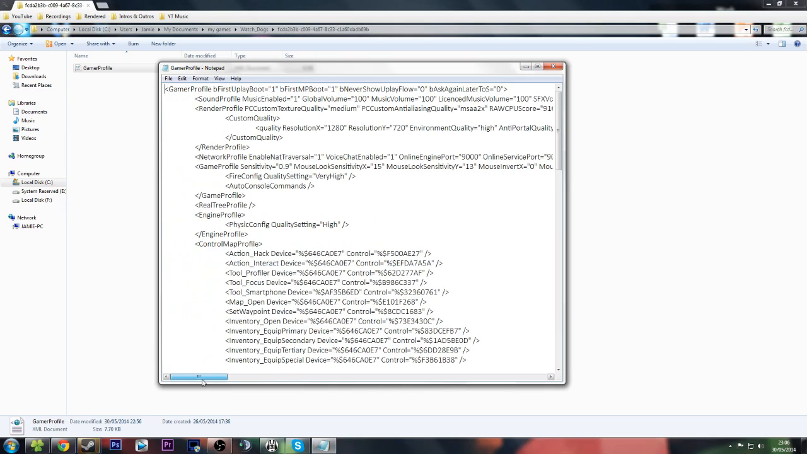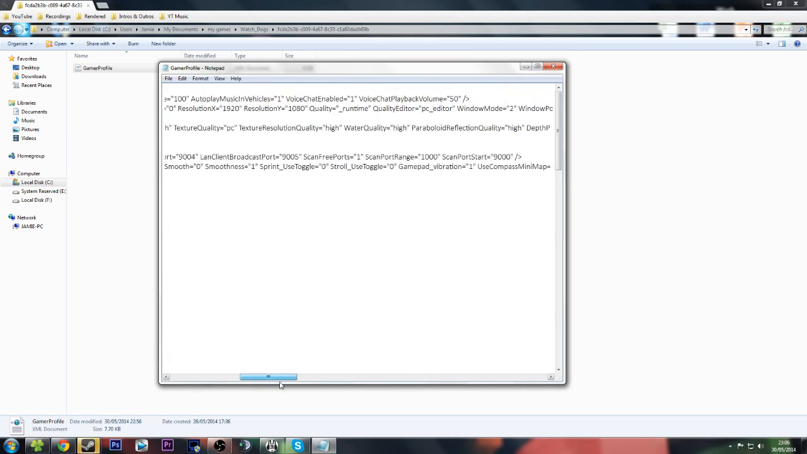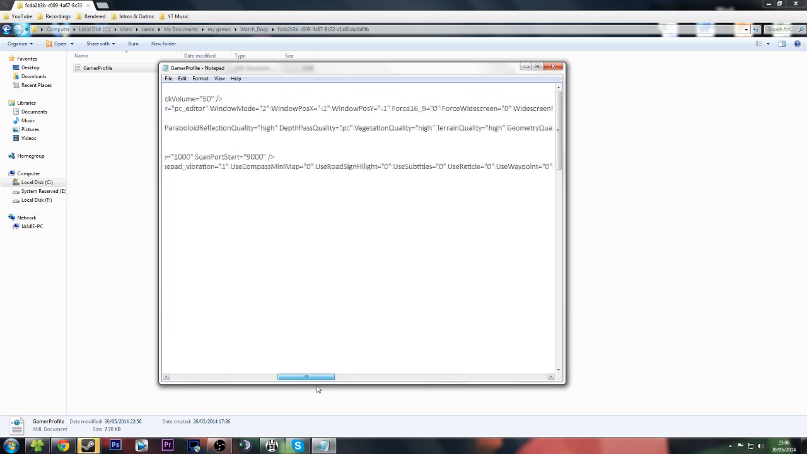And what we're interested in is a few lines down. There are a whole load of graphics settings. Now by default, when you first open this up, everything on this line should have an =1 after it. But as you can see, I've turned some of them down to 0,